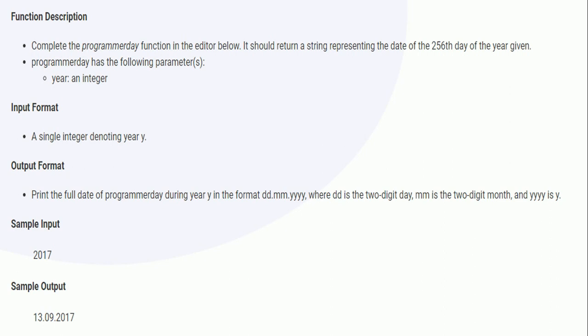Function description. Complete the programmer day function in the editor below. It should return a string representing the date of the 256th day of the year given. Programmer day has the following parameter: year, an integer. Input format, a single integer denoting year Y. Output format, print the full date of programmer day during year Y in the format DD.MM.YYYY, where DD is the 2-digit day, MM is the 2-digit month and YYYY is the year Y. Sample input 2017, sample output